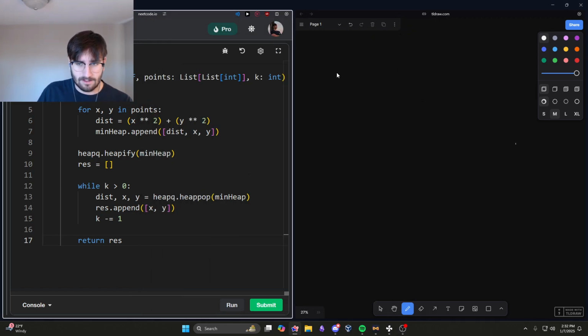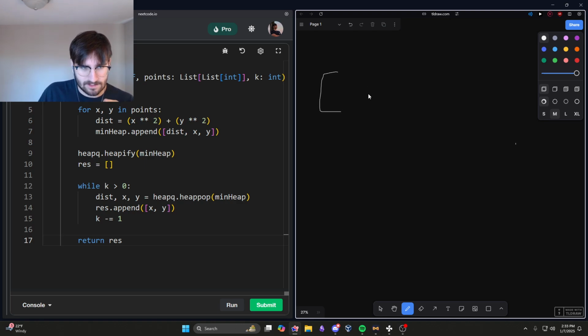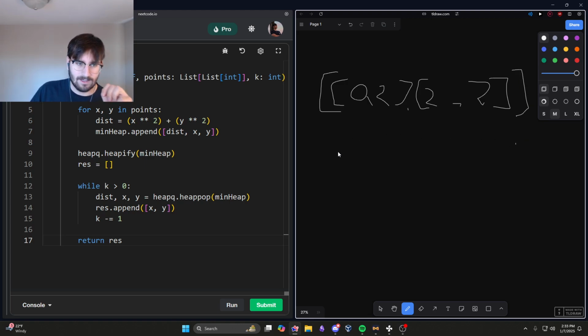So, in case anyone's actually watching this and is confused, what it's doing is you have your heap, which is an array of points. So if our array is 0, 2, and 2, 2, what's happening here is we calculate the distance, which, because the origin is 0, 0, doesn't have to be x1 minus x2 and so on. It can just be the x2 plus the y2 squared, or both of those individually squared, right? So our distance of this is going to be,